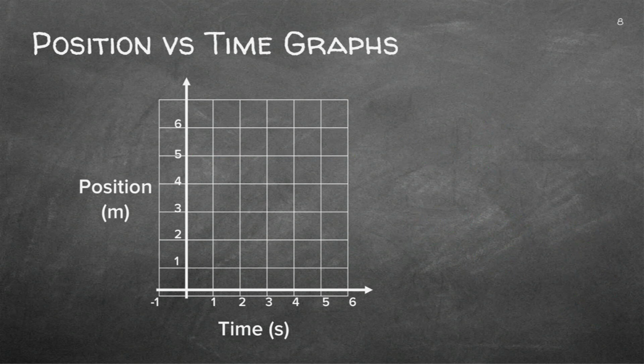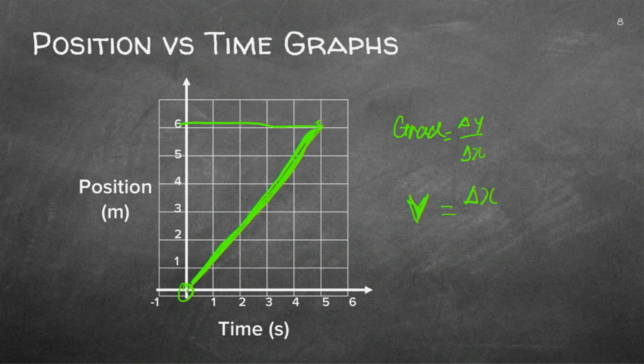Right, let's do another graph. Let's say this is the graph. Let's just draw a straight line. I've got a straight line from 0 to 6 meters per second. Let's work out the gradient. The gradient will be delta y over delta x. That's the math. The physics is the gradient of a displacement, position time or displacement will be the velocity. It's the change in position, which is x, over the change in time. That will be x2 minus x1 over t2 minus t1.